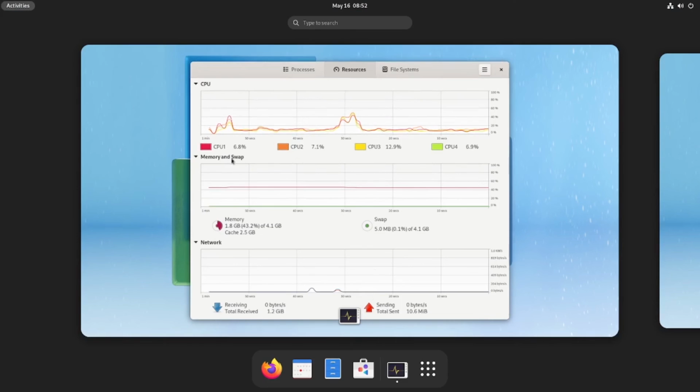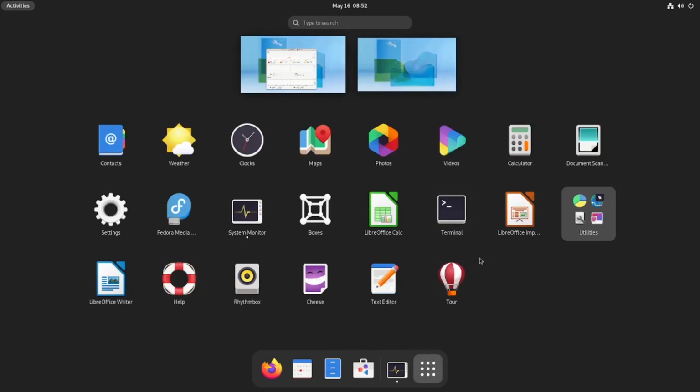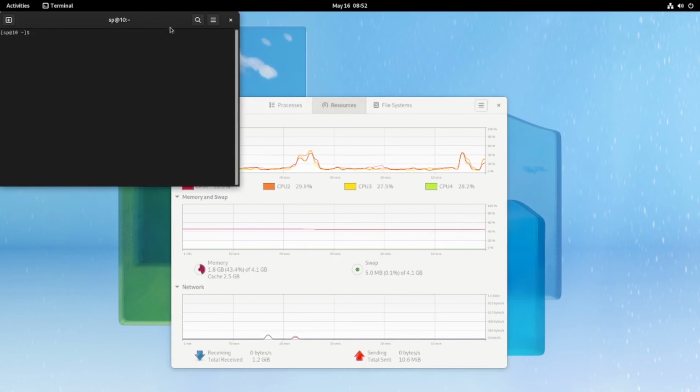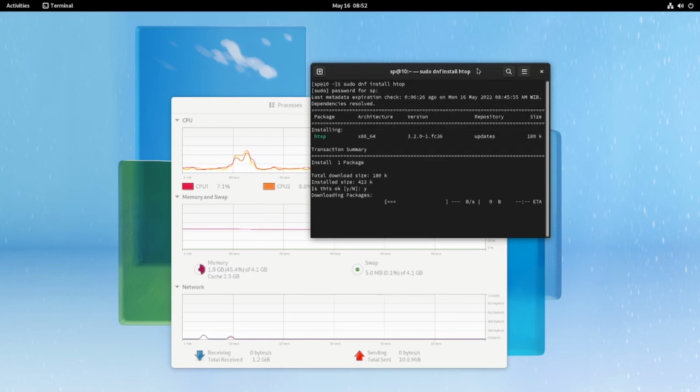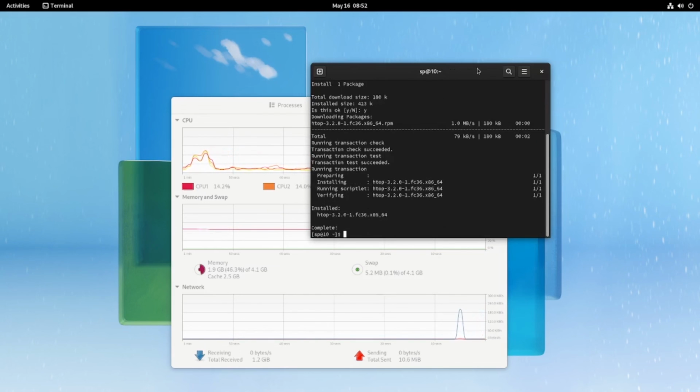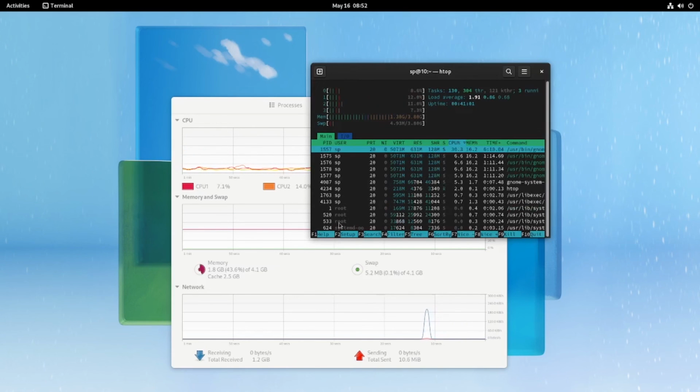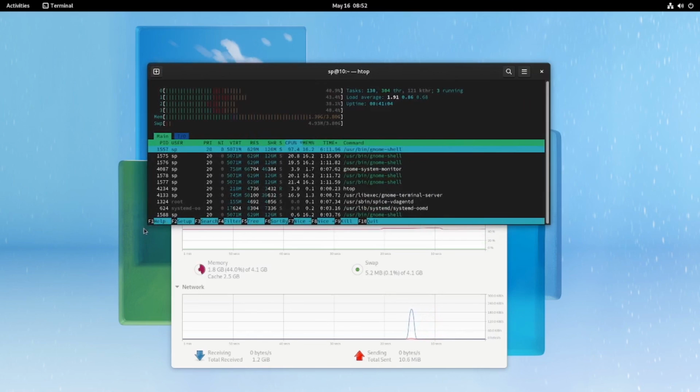How about if I check it from htop? In htop, we can see here the memory usage is 1.3 gigabytes, almost 1.4 gigabytes.